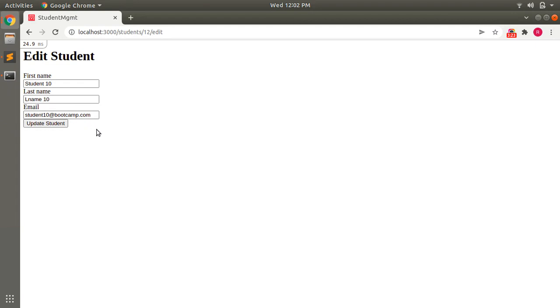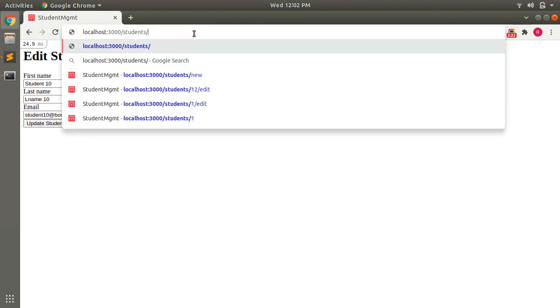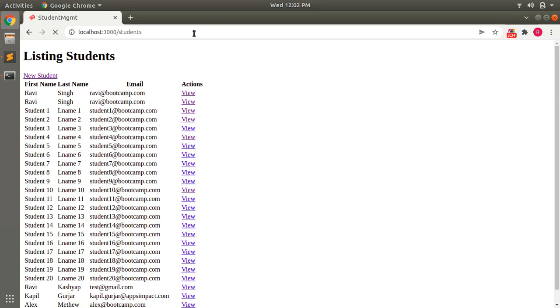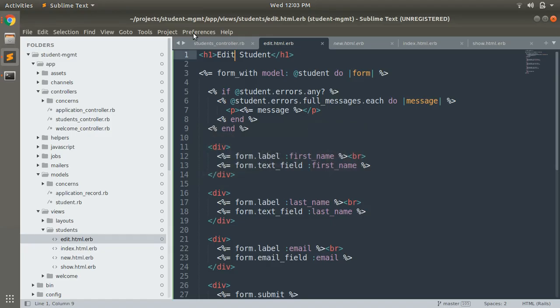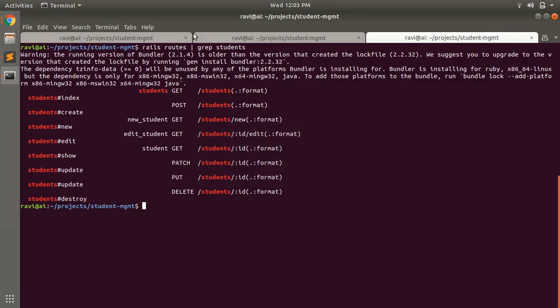So this is the edit form that we have implemented, but now we need to avoid typing slash edit into the URL every time, so we will add a link for editing the student. For the link, you can see on the console the path we got: edit student path. We need to use edit student path and pass the current student object into that link so that it will open the edit form for that student.